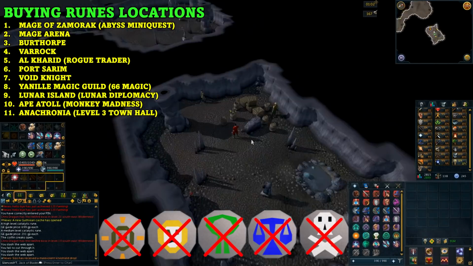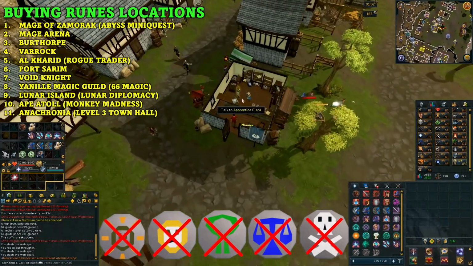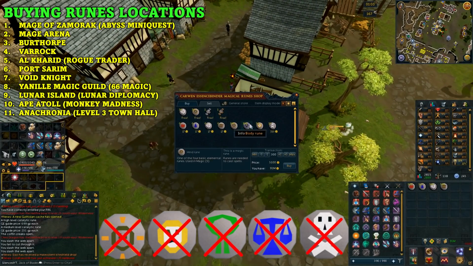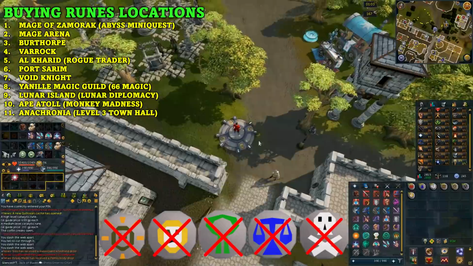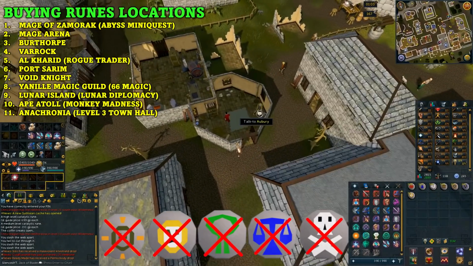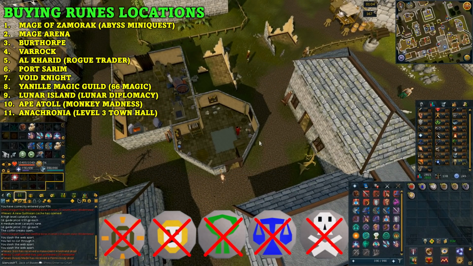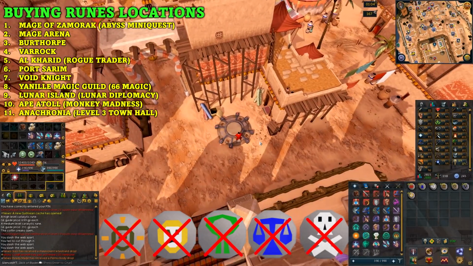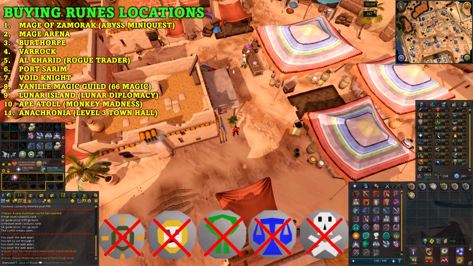First off is the Mage of Zamorak, which does require the Abyss mini quest. Then you'll want to go to the Mage Arena, then Burthorpe, Varrock, Alchemiser if you do have the Rogue Trader quest completed. You'll then want to go to Port Sarim, the Void Knight Outpost, Yanil Magic Guild if you have 66 magic. You'll then want to go to the Lunar Island if you have Lunar Diplomacy, and note that the